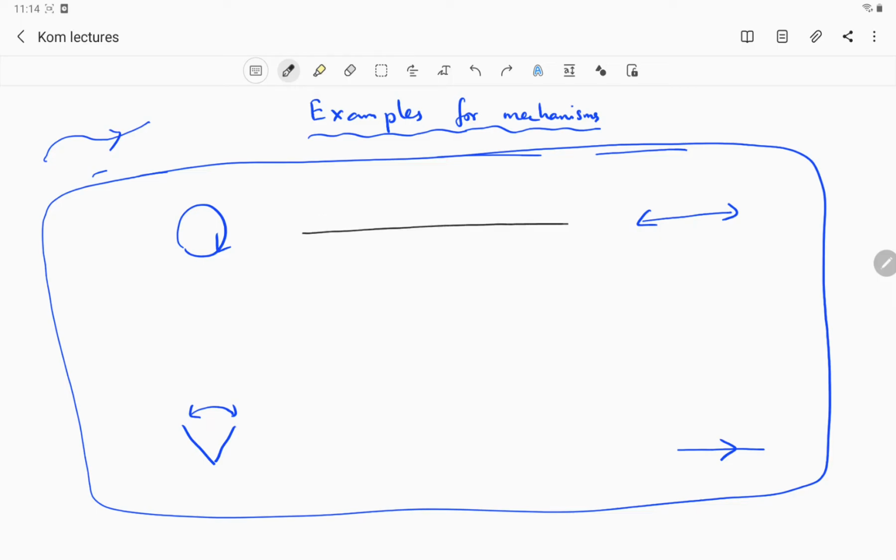So for this conversion, where is the application? What is that mechanism? The mechanism is the piston cylinder arrangement. Okay,